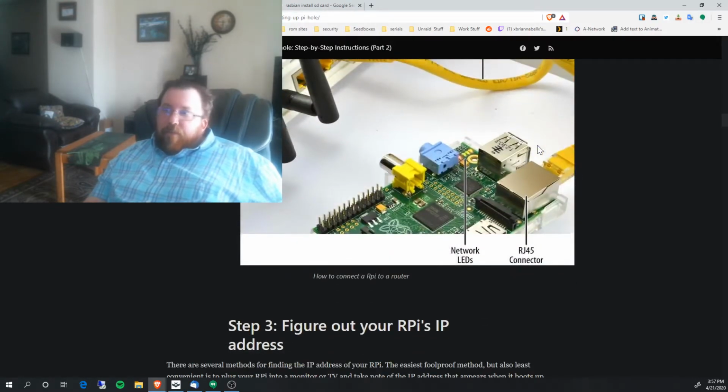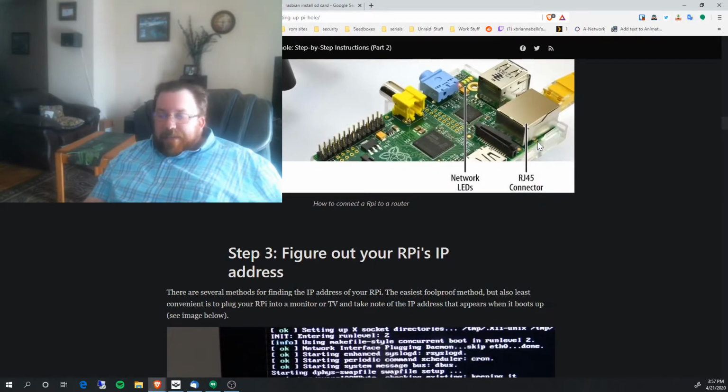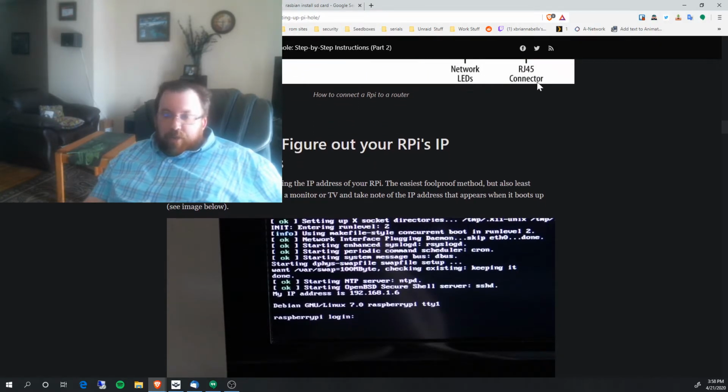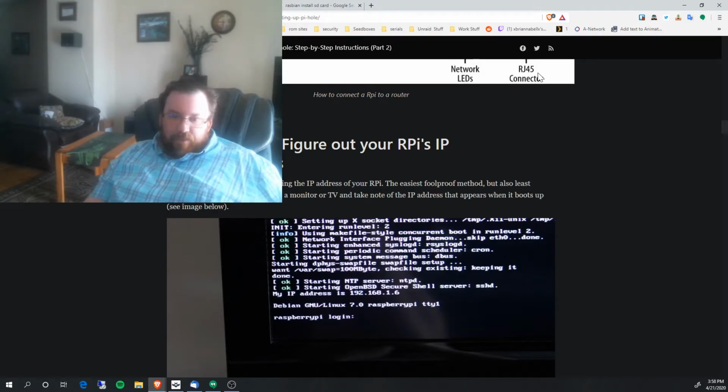The next thing I would definitely recommend doing is setting a static IP address, which means manually assigning an IP address to whatever IP scheme you are using on your network. Do keep in mind you will want to note that down when you are doing the actual Pi installation, because it will ask you what IP address you want to use.